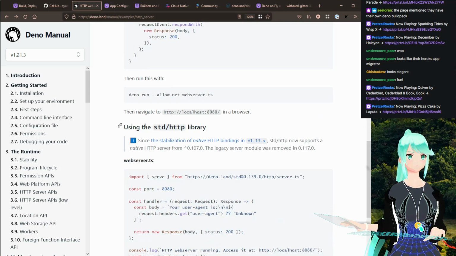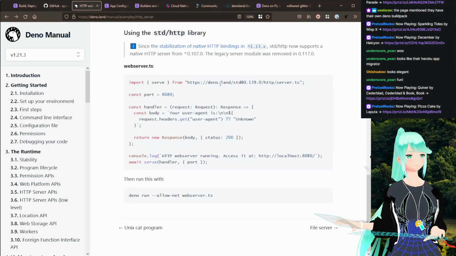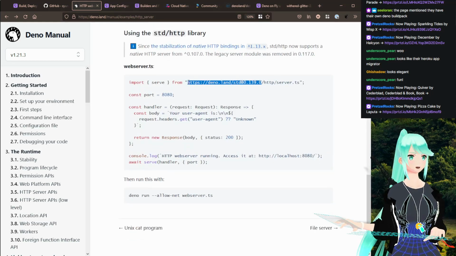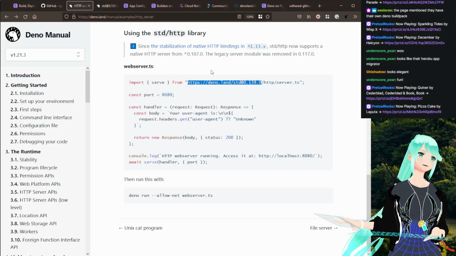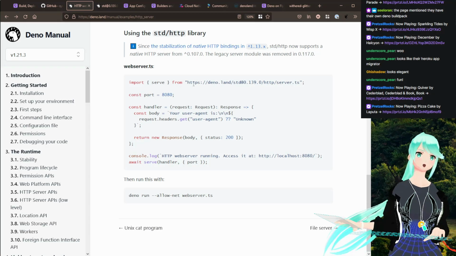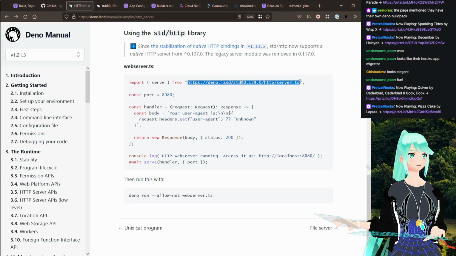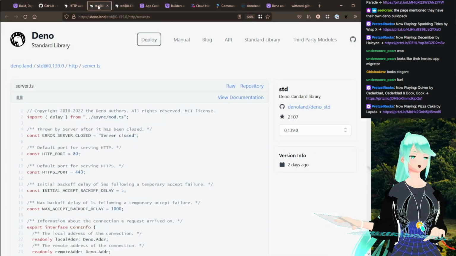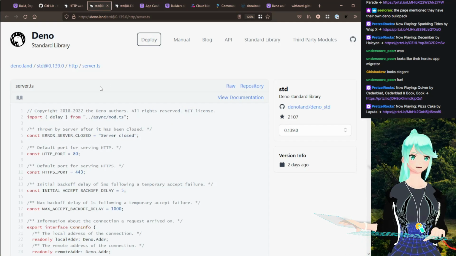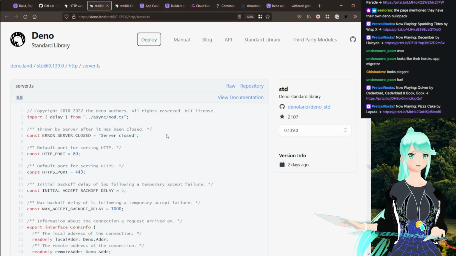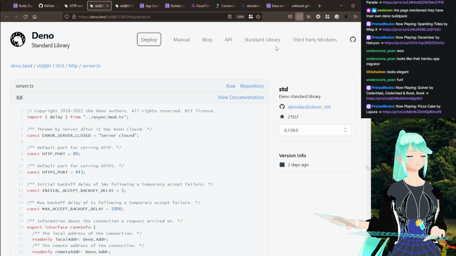Okay. You know what? Let's check out what the standard library does. One advantage of Deno is that there is a one-to-one correlation between the things that you import and the code that a human reads. And it's a URL on the internet, so I'm assuming if this is downloaded from Deno, it'll just give you the raw view, but